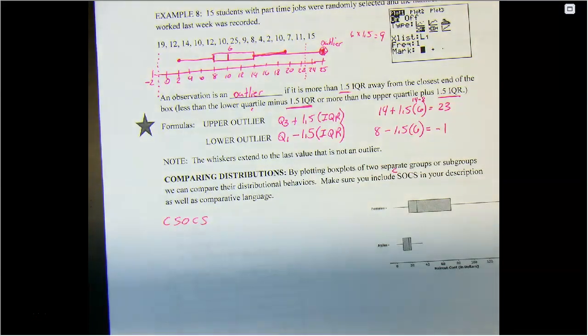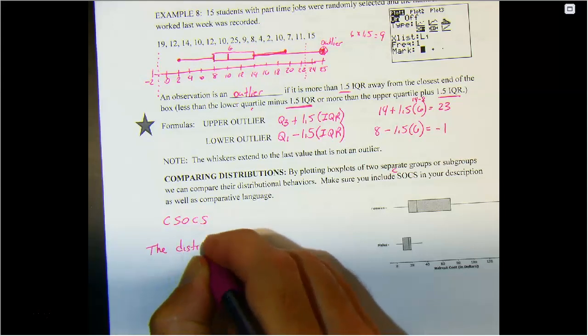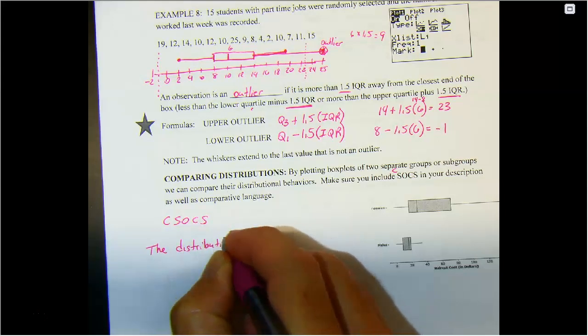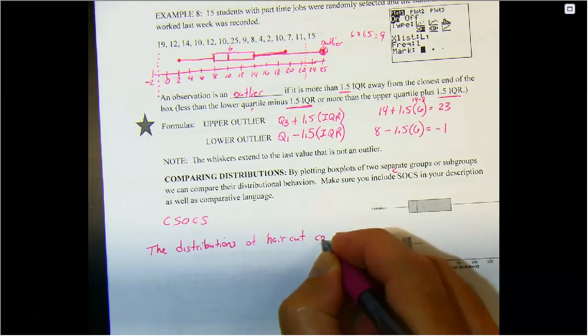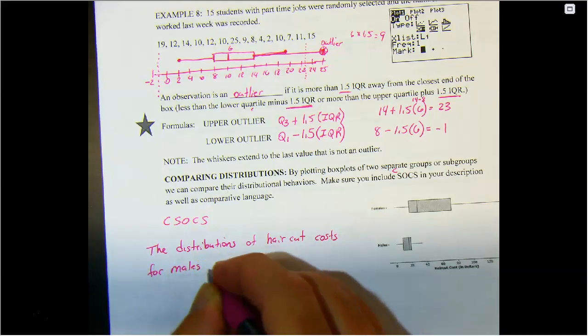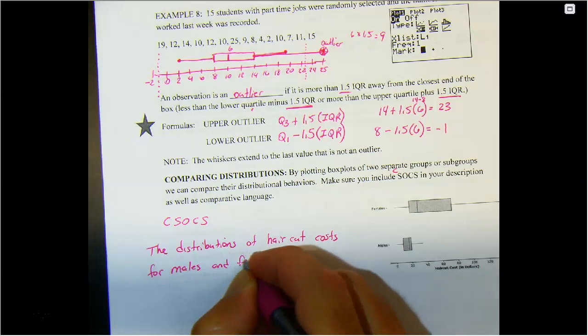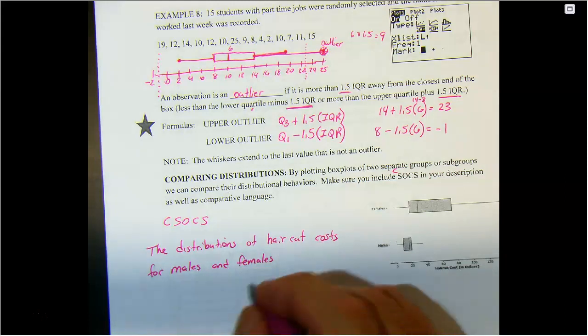Okay, so again, C stands for context. We want to know what context we are talking about. This is going to be the haircut cost in dollars for males and females. So the distributions of haircut costs for males and females are,